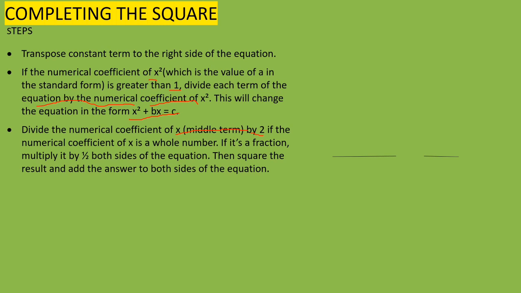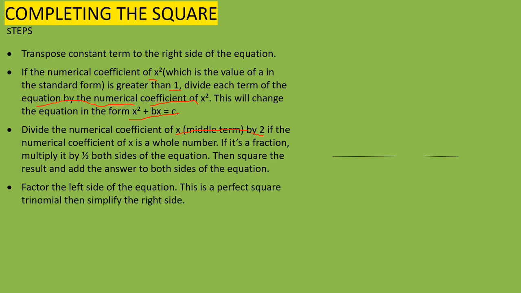Then square the result and add the answer to both sides of the equation. Next, factor the left side of the equation. This is the perfect square trinomial. Then simplify the right side. Next,